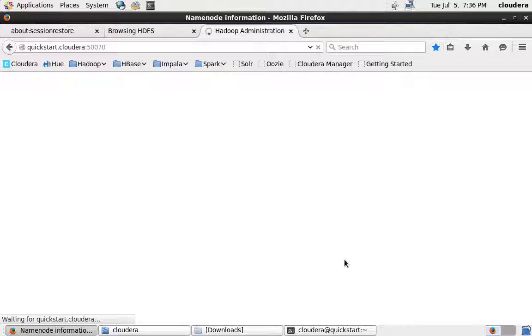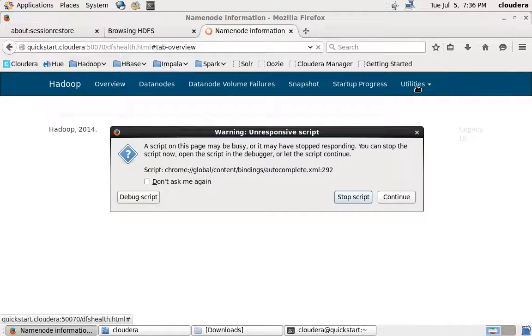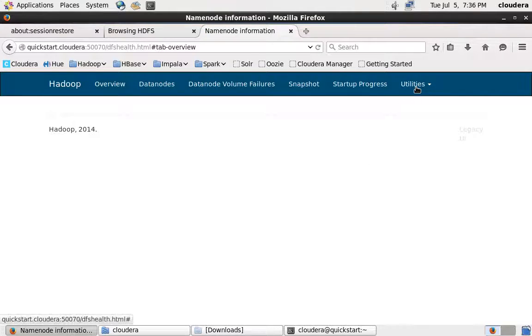In general my machine is fast. The reason it is slow now is that I have not restarted my machine for the last 4 or 5 days, and many applications are running behind this. I'll do that, not now, probably before the next class, so we can expect a bit more speed from our machine. Sorry for that for this session.